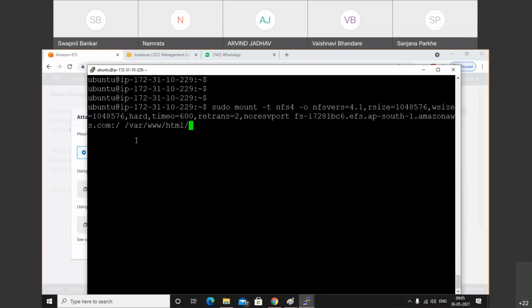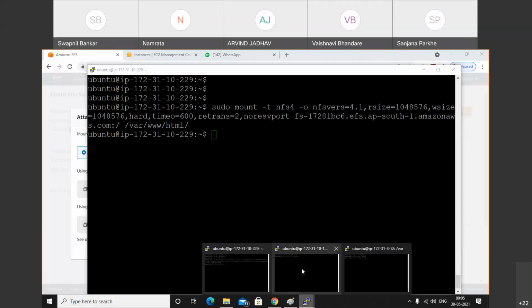Okay, so we need to mount this on /var/www/html. Check. So we successfully mounted client 1 on /var/www/html. Again, we need to perform the same operation for